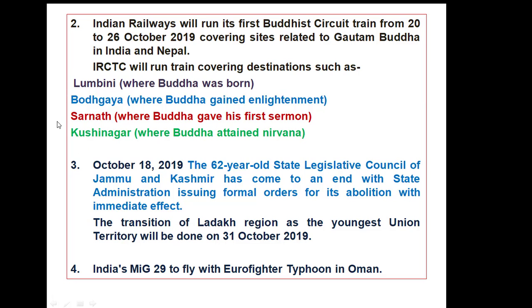All these places are very important from your exam point of view, because Lumbini is the place where Buddha was born, Bodh Gaya where Buddha gained enlightenment, Sarnath where Buddha gave his first sermon, and Kushinagar